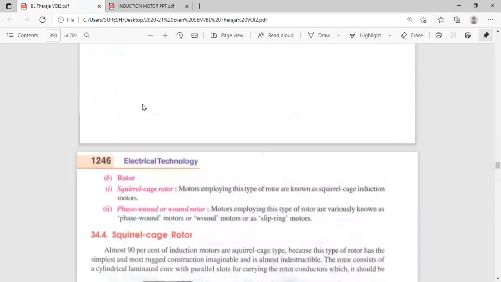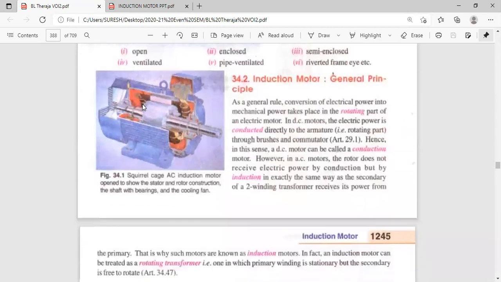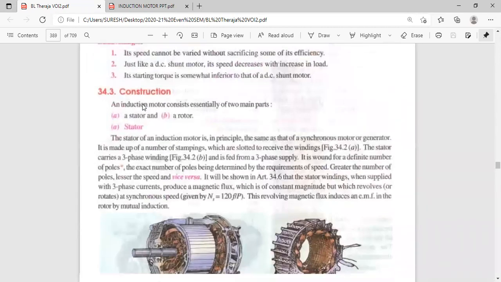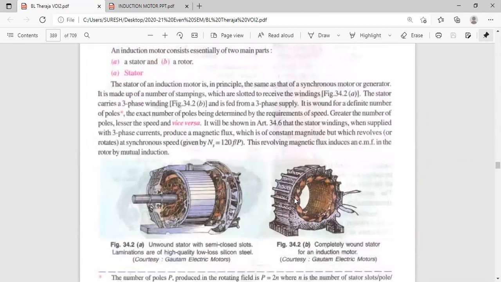Where is the stator? Induction motor consists of two parts, stator and rotor. This is the stator. See, this is the stator cover. On the stator cover, they are winding a three-phase star connection stator winding. It is appearing as only one winding, but this is connected in star connection. Three windings are there here. It is connected to the stator.